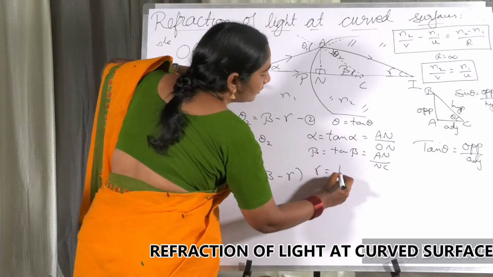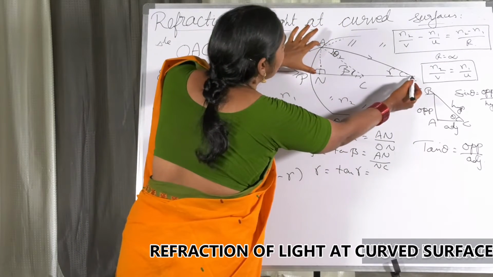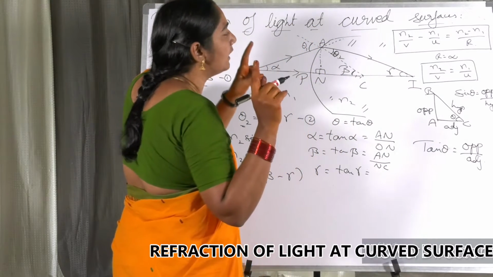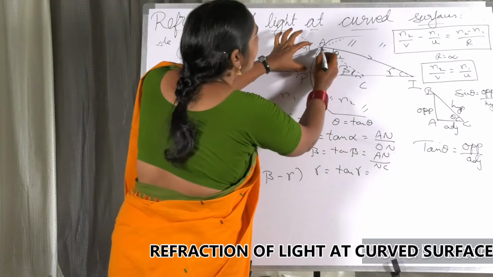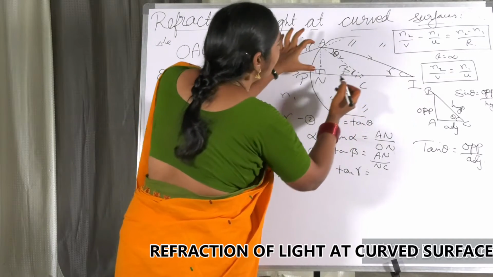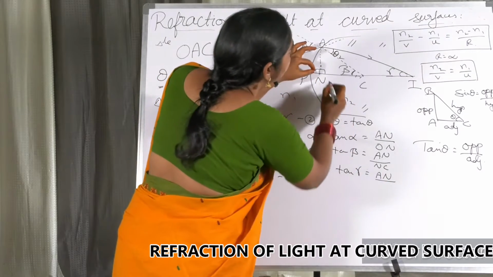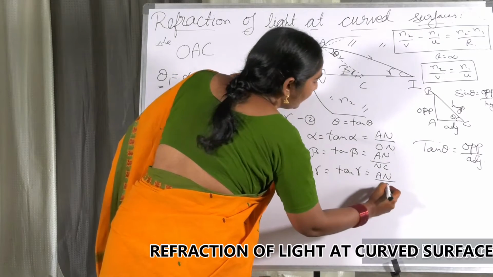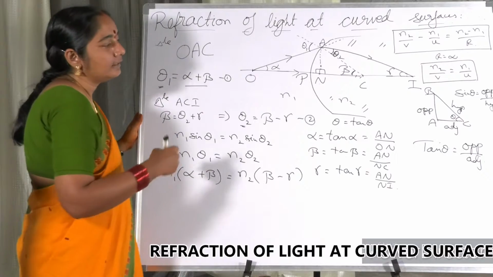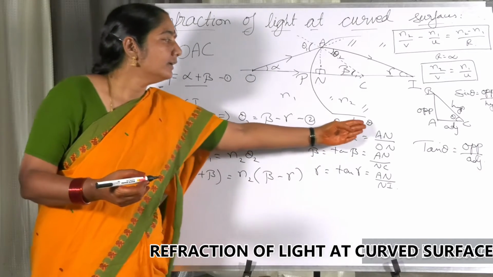Similarly, gamma is equal to tan gamma, which is equal to, see my dear friends, when you are taking gamma, take this right angle triangle. Always you have to go for a right angle triangle. So now you are taking the triangle AIN. In this, tan gamma is equal to opposite side. This is the opposite side, means AN, by this is the adjacent side, NI. So now we are going to replace alpha, beta and gamma by these ratios.